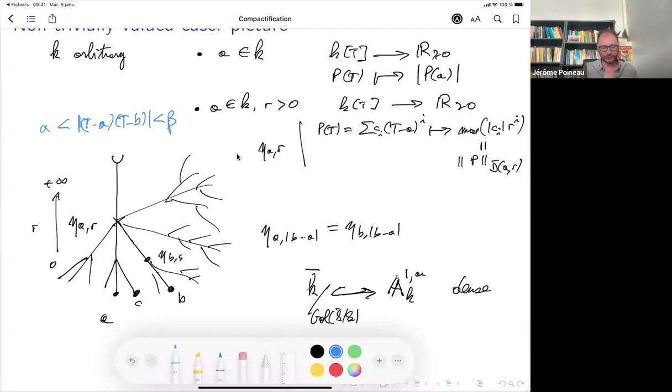So what does it look like? You cut off some part of the branch out of a, and some part of the branch out of b, somewhere here. The degree would be somehow bounded, and then you get all the remaining branches entirely. So the picture is something like this.